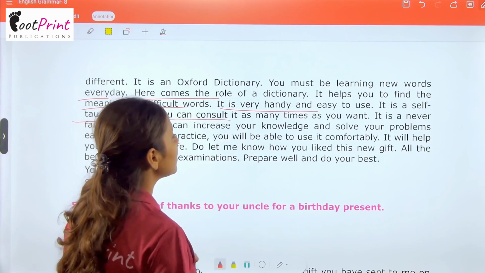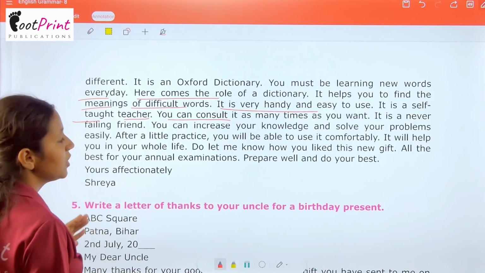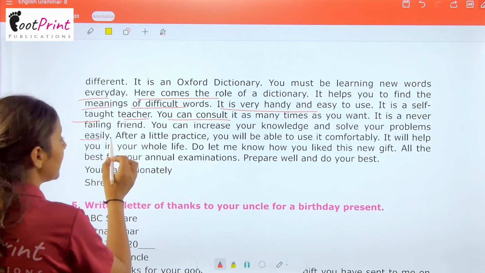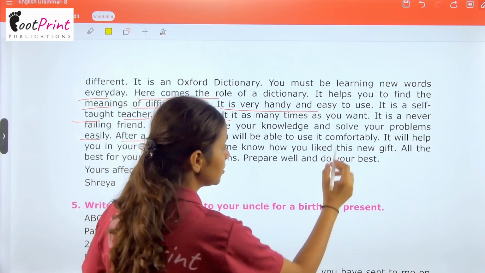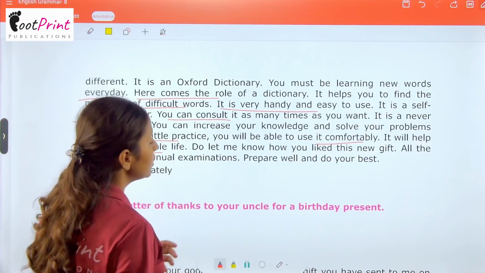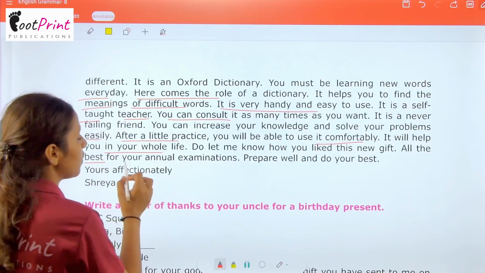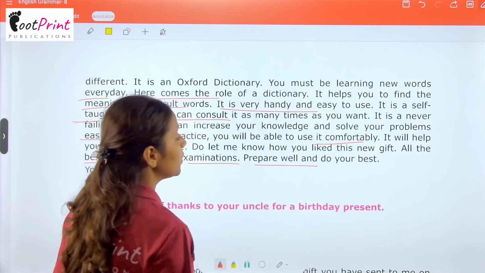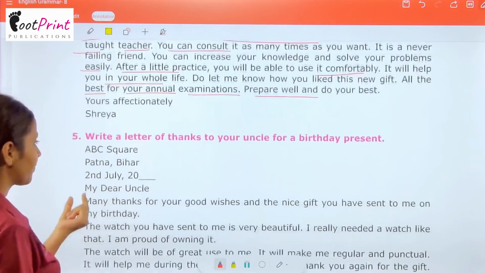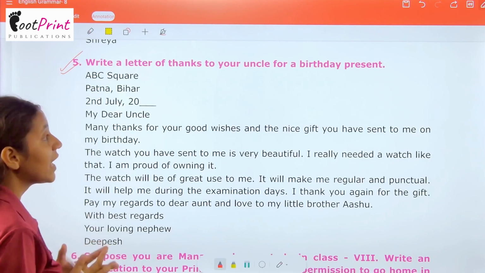You can consult it as many times as you want. It is a never failing friend. You can increase your knowledge and solve your problems easily. After a little practice, you will be able to use it comfortably. It will help you in your whole life. Do let me know how you like this new gift. All the best for your annual examination. Prepare well and do your best. Yours affectionately, Shreya. Now we have the fifth letter, that is, write a letter of thanks to your uncle for